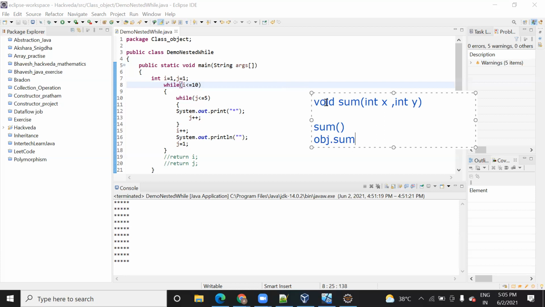However, when you define a user defined function, you need to call it using the object. But the main method is the beginning of the execution of the program, so we don't need it. Is it fine? Yeah, it's fine.